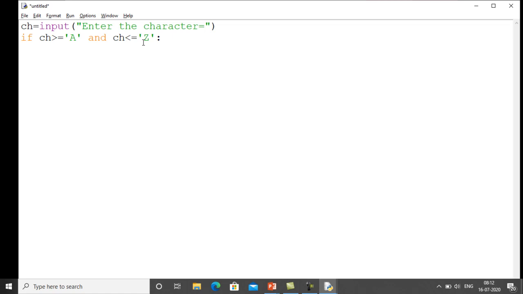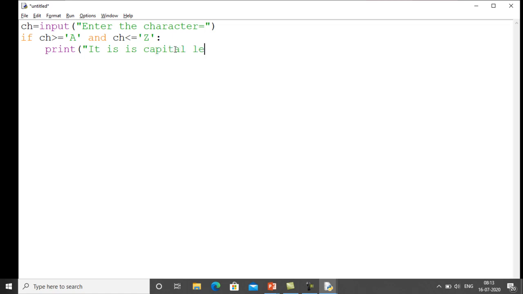Suppose the user has entered the character capital K. Obviously capital K is greater than or equal to A and also less than or equal to Z. So in this case both conditions are true, because capital K is greater than or equal to capital A as well as less than or equal to capital Z. So in this case we can give the message as print that it is a